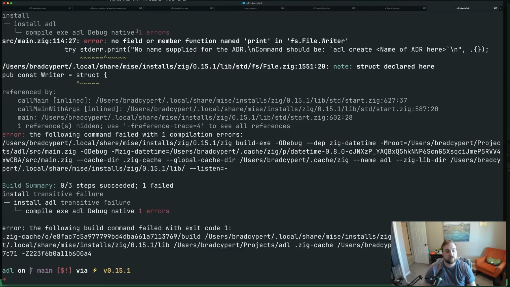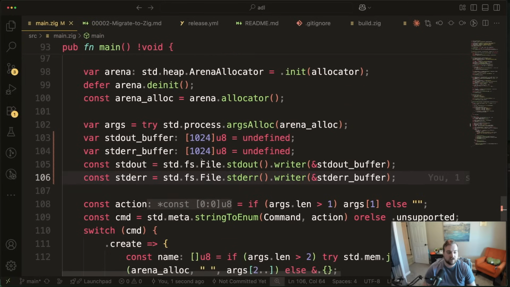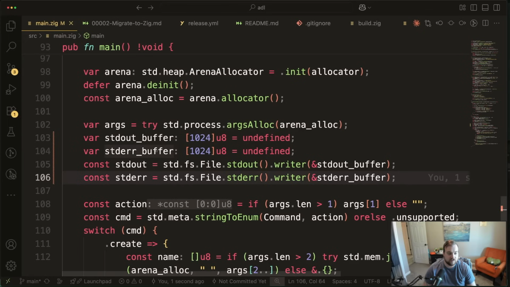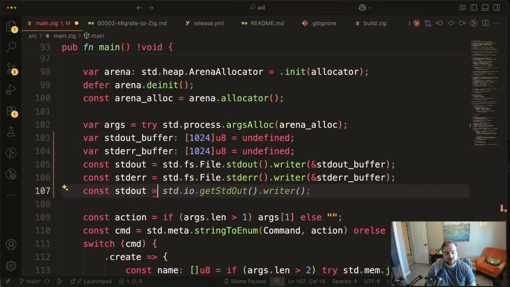Okay, no field or member function named print in fs file writer. So we're calling standard error.print. That is a little confusing because the example right here has the standard out writer. Oh, we need to grab the interface. Okay. Do we need this writer for anything else, or can I immediately just grab the interface from it? It looks like I can just grab the interface from it. Okay, so these are variables. The buffer's a variable, the writer's a variable, and the standard out itself is actually a const. So